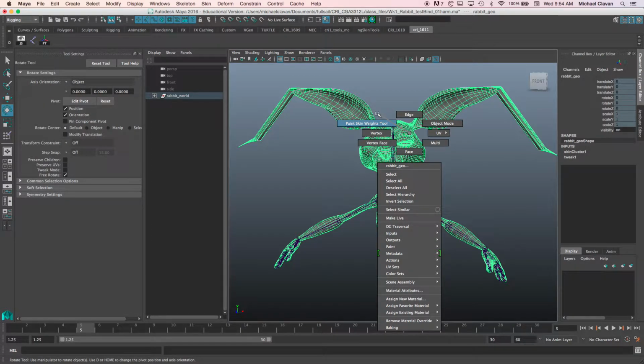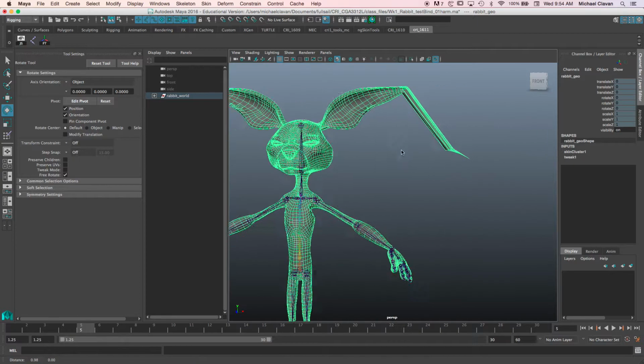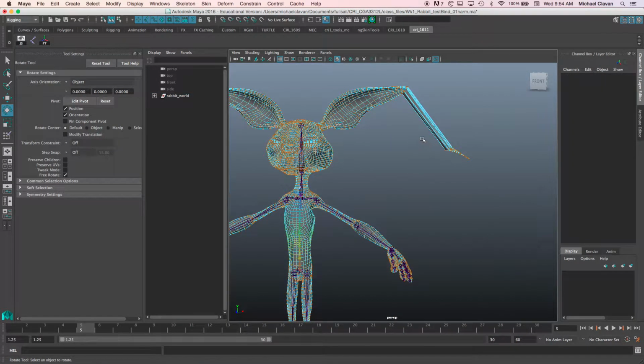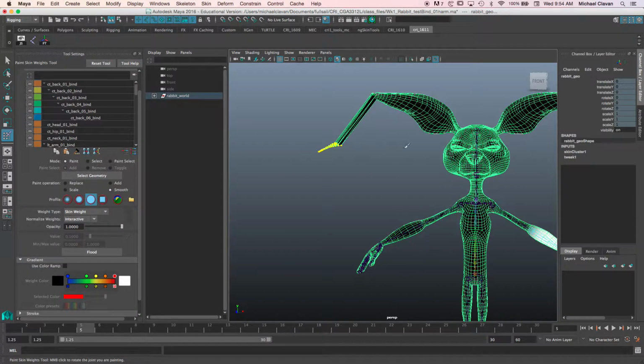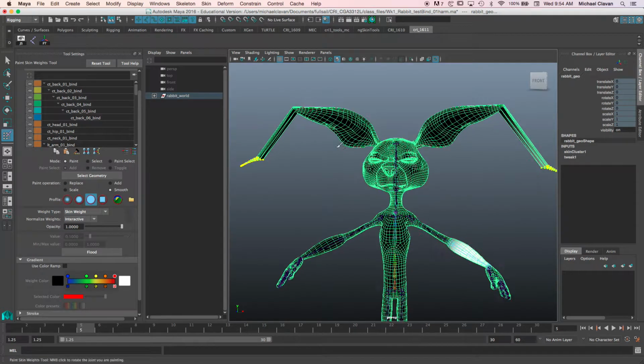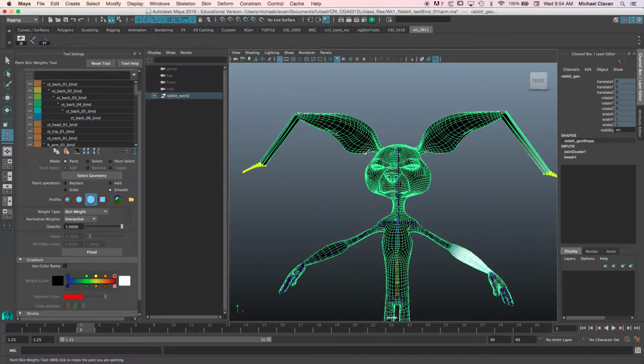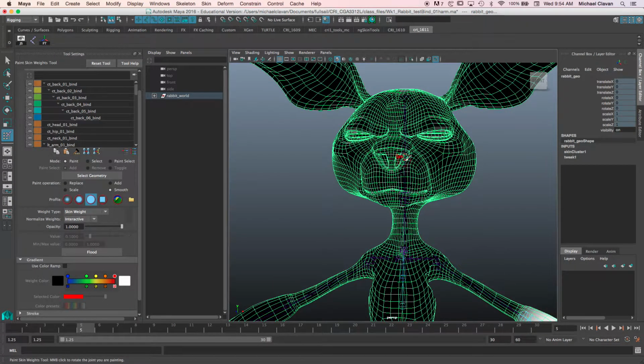I can go on my paint skin weights. Actually, before I do that, I want to select the verts here. I want to go into vertexes, select both of these guys. And now I'm going to go to the weight maps. We want to make sure that those vertexes are still selected. Okay? And they are. I want to go into my head influence because this is where I want to paint